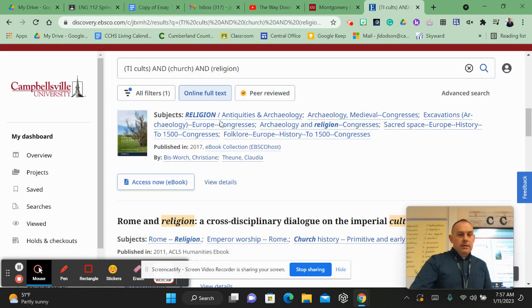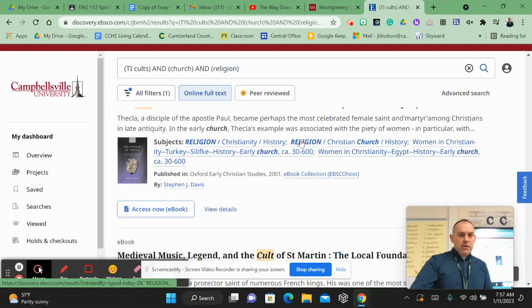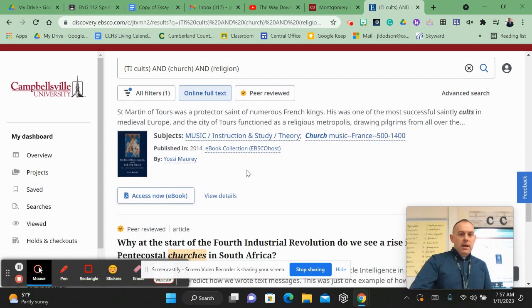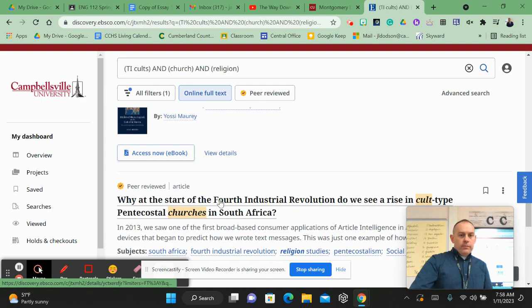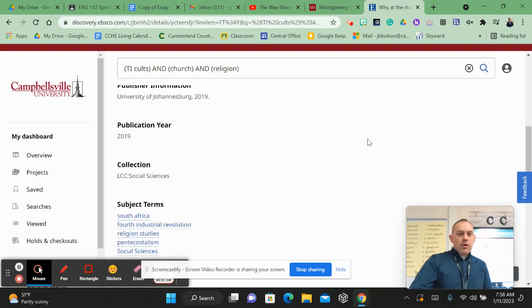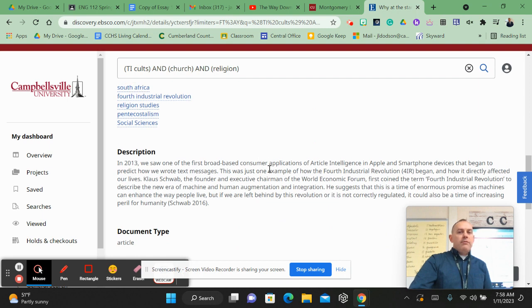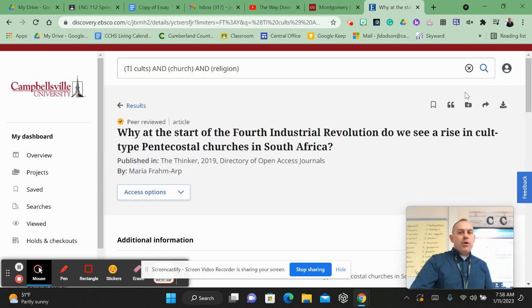And the best ones are the ones that say they have a PDF option. If you can find those are probably the best. But if I click on an article here, I've got it. It gives me a description of it, and I can determine if this is something that I want to use or not use.